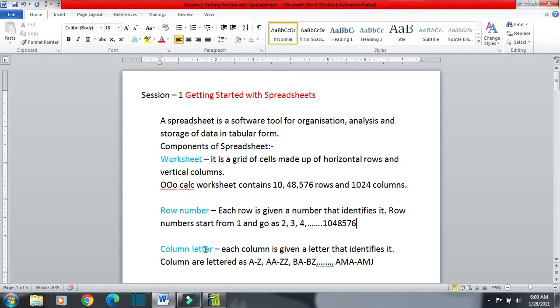Now column letter. Each column is given a letter that identifies it. Columns are lettered A to Z: A, B, C, D, like this.